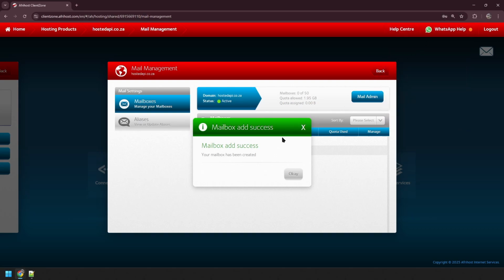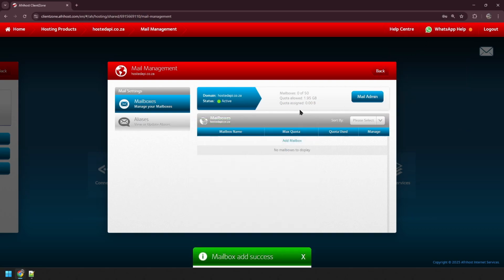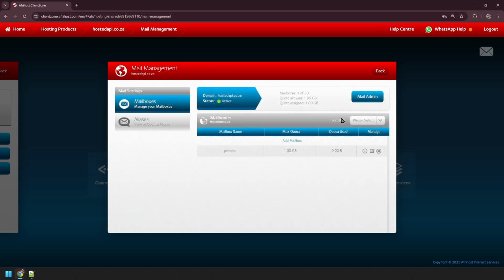Once that mailbox is created, you can actually go ahead and have a look at it. The details should update on top of the screen, which will tell you that you have one of 50 email accounts that you are currently using. You have a total allowed space of actually 1.95 gigs. Why it's that amount, I'm not quite sure, but your quota for that email account is 1 GB. Once you reach that limit, it will tell you that your mailbox is full and you'd have to